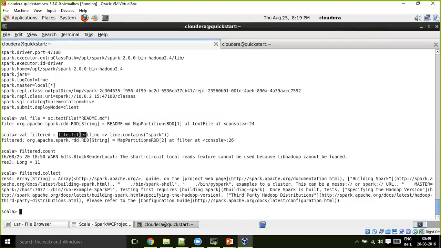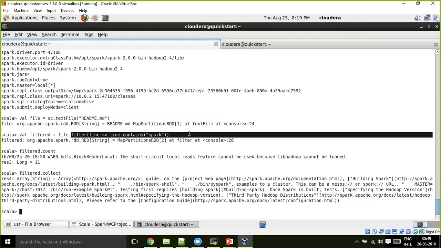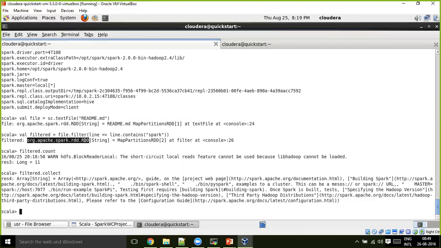When I applied a transformation, this is a transformation, I got another RDD. And I did some action on this, and I got some result. But anyway, transformations and actions, let's pass them for some time.